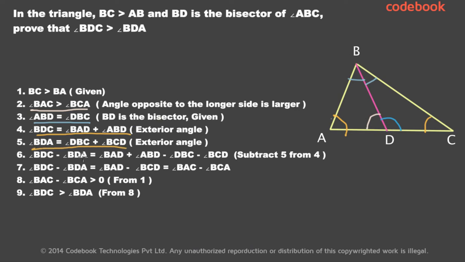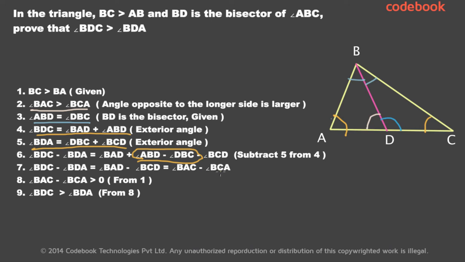So now subtract 4 and 5. When we subtract 4 and 5, on the left hand side we will have angle BDC minus BDA, and on the right hand side we will have angle BAD plus angle ABD minus angle DBC minus angle BCD. But angle ABD and DBC are equal from 3. So those two things cancel out and we will have angle BAD minus angle BCD,